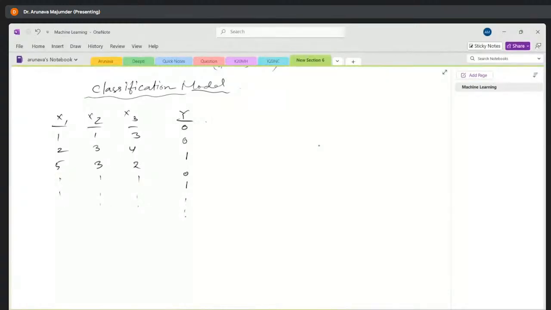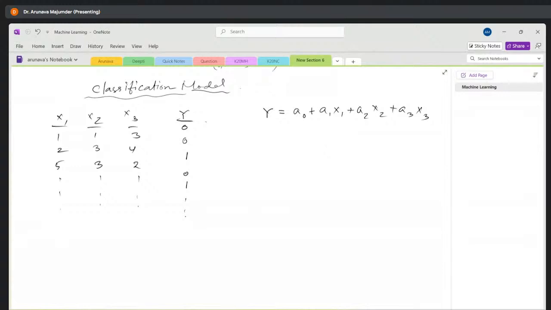Okay, so how does logistic regression work? First, we need to find a linear function: Y is equal to a naught plus a1 x1 plus a2 x2 plus a3 x3, just like a simple linear form. Linear, but we have to use some other algorithm here, and the method name generally